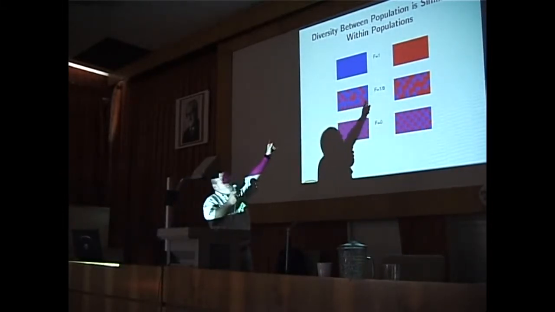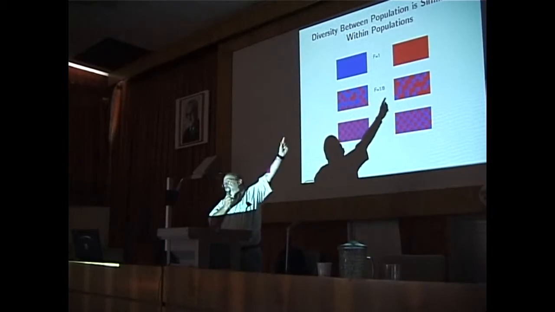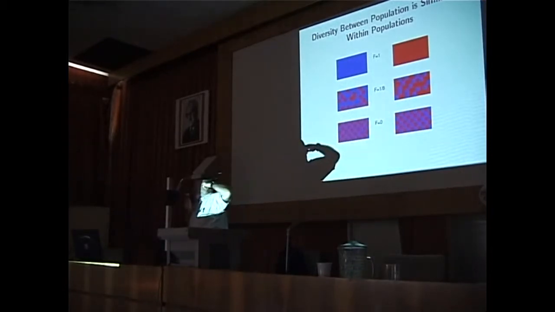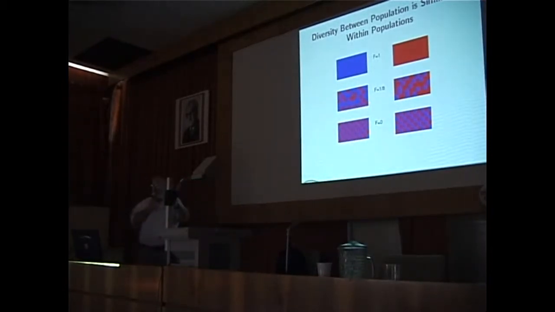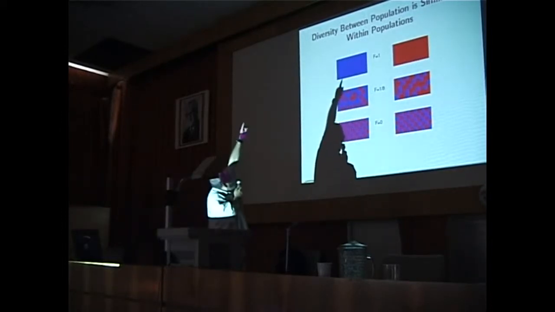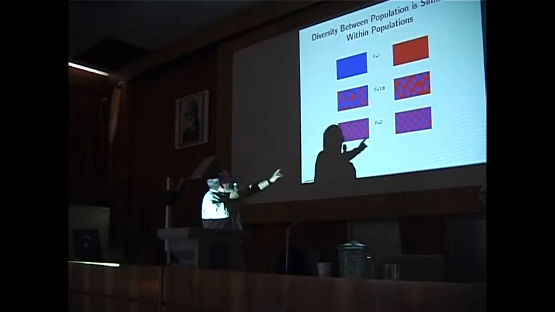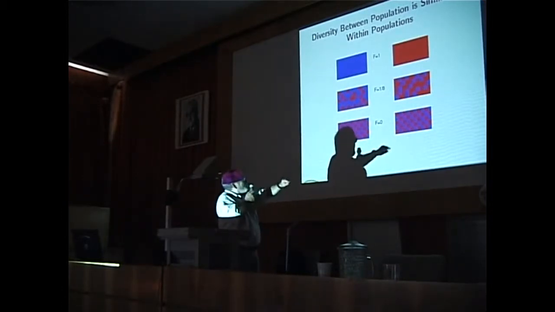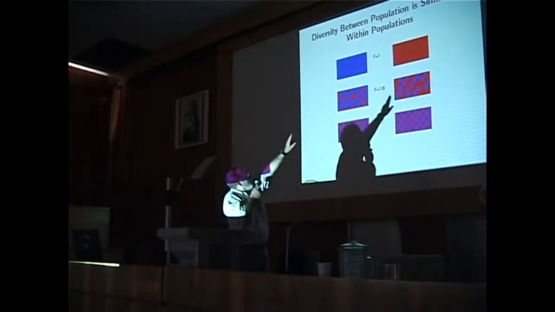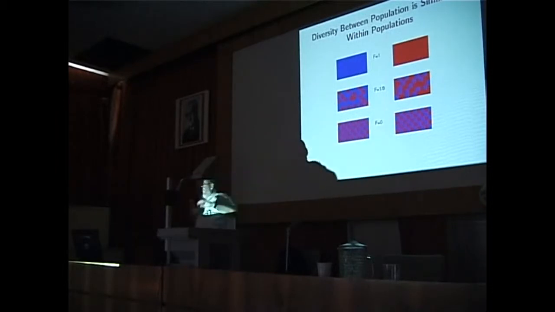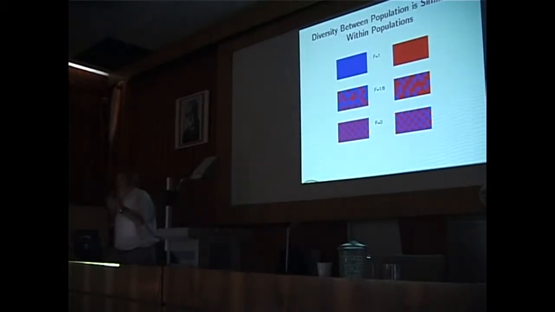Here is the human condition. F equals 1/8. It's not perfect, but in general, individuals are more likely to share genes, to be the same, in the same population. So these are extreme cases. Those are two different species. These are simply two samples from the same population. There's humanity. There's Lewontin's 1/8. Just to give you a graphical picture of what this looks like.